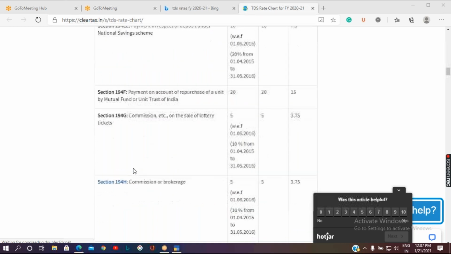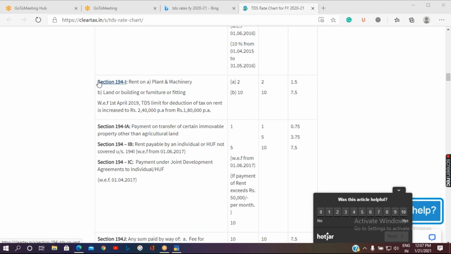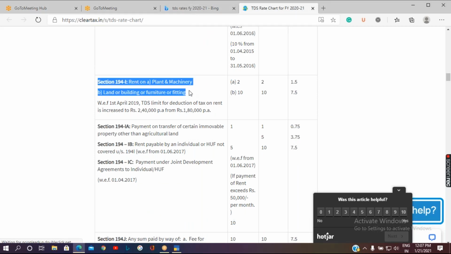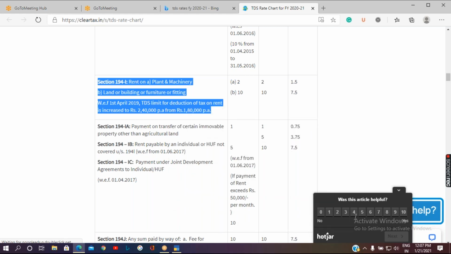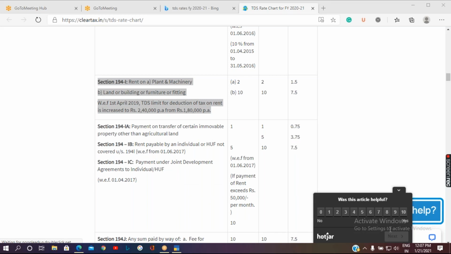Then a very common one is 194I. The first one is rent on plant and machinery, which will be 2%, and for land and buildings it is going to be 10%, respectively.